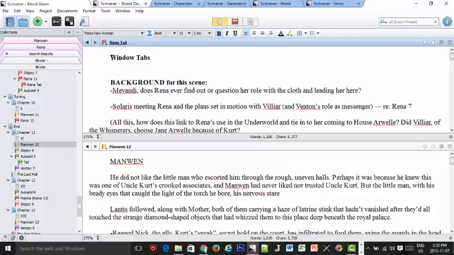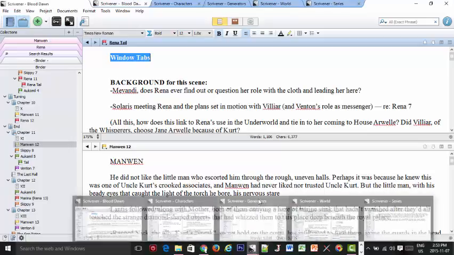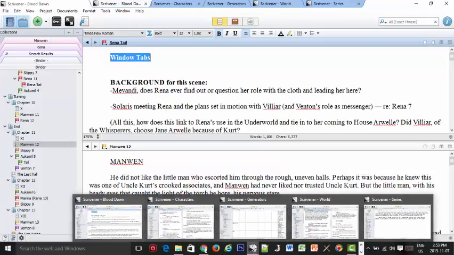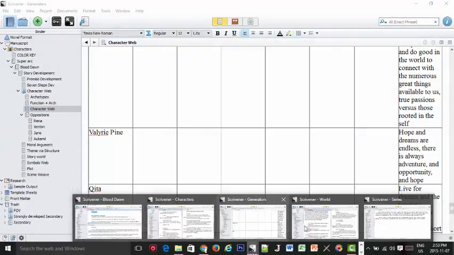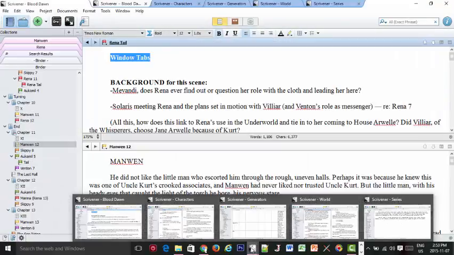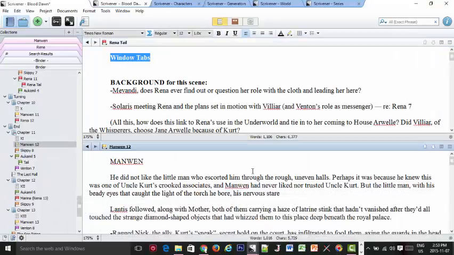So anyway, Window Tabs. It's a great program. I'd recommend it if you want to do something like this where you have multiple files open. You see down here, all these pop up. I'm using a Windows computer. I don't know how this works with Mac, so I can't say if there'd be something different for that. But you can always Alt Tab through these or pick them, but I find that that's a little bit cumbersome.